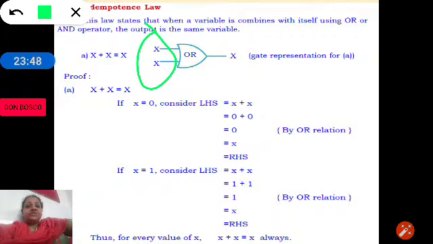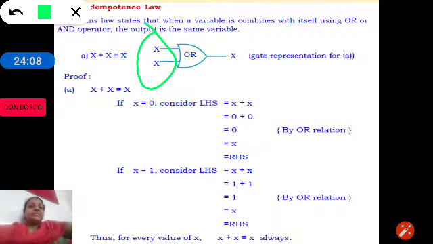X value can be 0 or 1. So, finding a solution or proving a theorem by substituting the zeros and ones is called proof by perfect induction method.